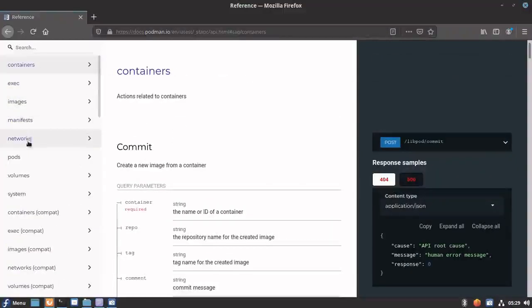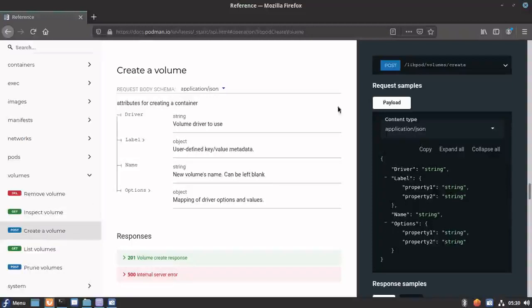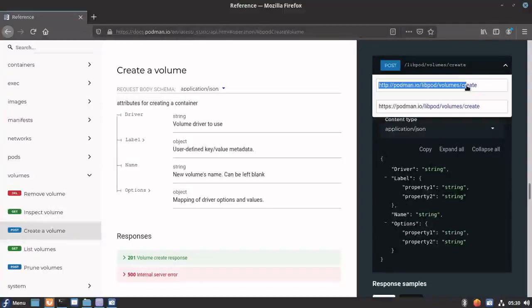You can check other resources also, like volume. Let's see create volume. You can see libpod volumes create, so the context or resource that we need to pass as an API is volumes/create. This is important for you to understand.